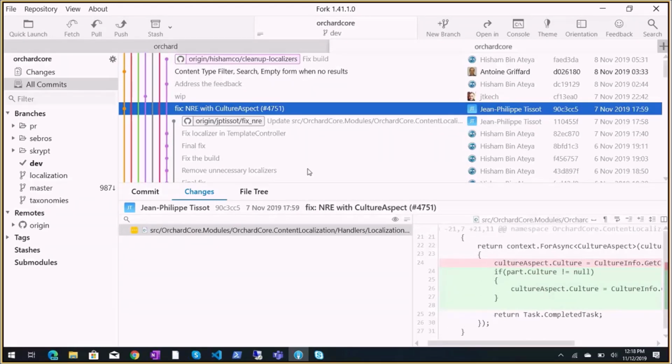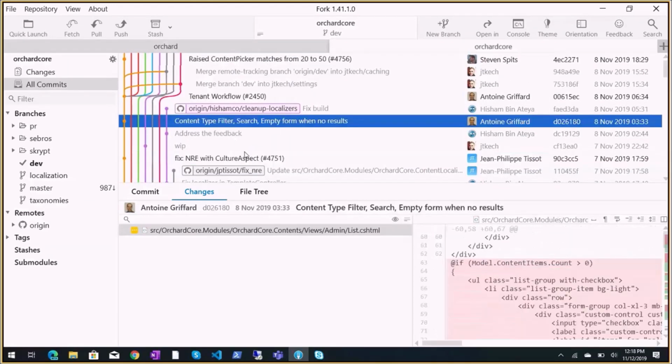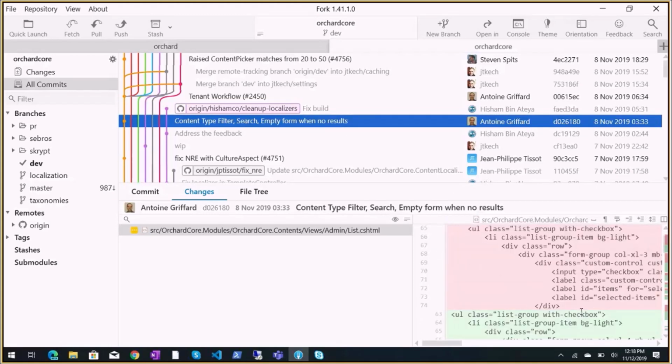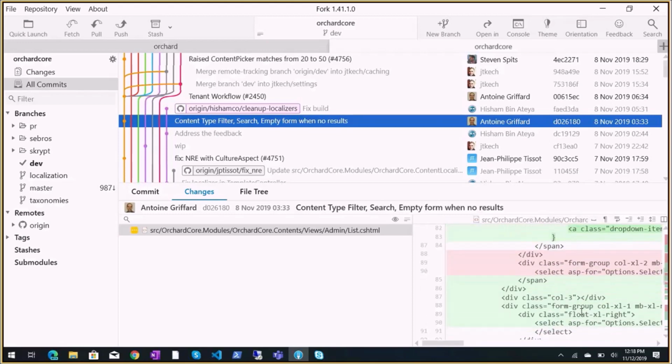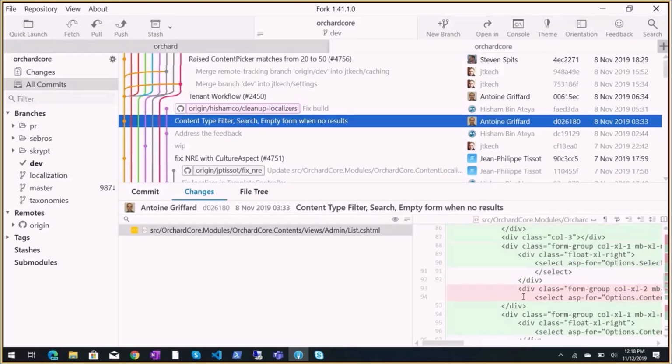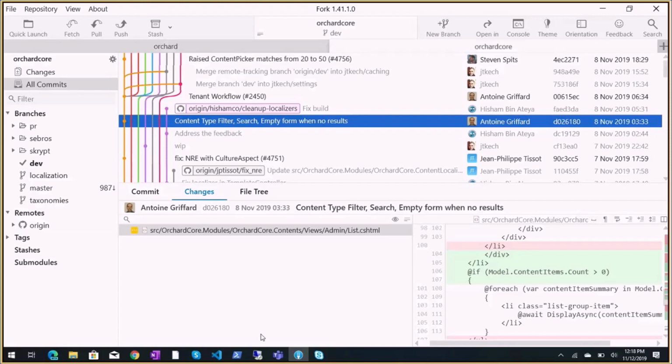Okay. Content type filter search empty when no results. So fixing, I didn't see a PR for that. So fixing an issue with the search in the list of content items that we will see